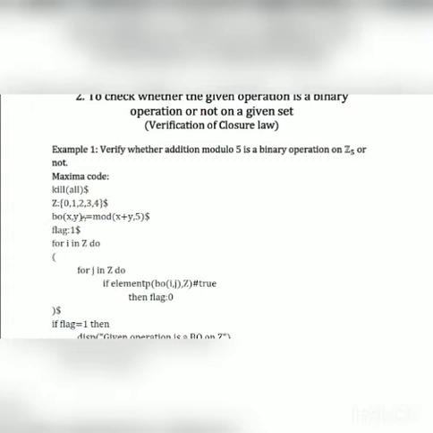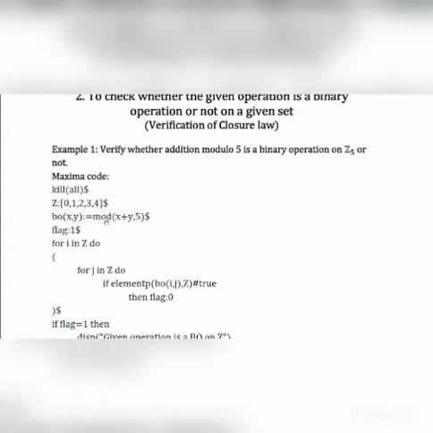Since it's a function, it is a functional assignment: binary operation assigned with the colon equal sign, modulus of addition, that is X plus Y, sum these two, and modulo 5. I don't want to display this, I just want to execute it. So whenever you use the command BO of X, Y, the meaning is addition, X plus Y modulo 5.